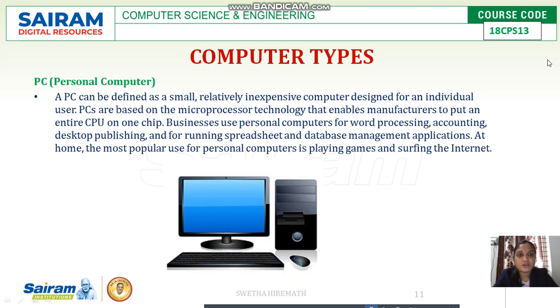If it is used in larger industries or in some scientific applications, then we have to go for higher capacity computers. And if it is for home purposes or some business purpose, then we'll go with smaller capacity computers. So based on their capacity and their speed of execution of instructions, we classify the computers into different types. There are 5 different computer types, and the first one is the personal computer. Let us see about personal computers.